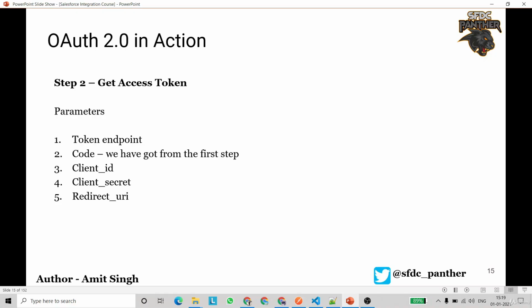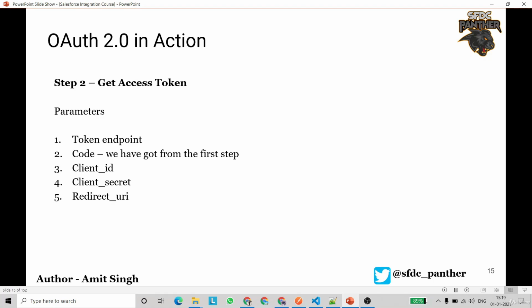That means we have to make this request using some sort of Apex code, because we are talking in terms of integration, which is Salesforce. Or if you are in other languages like PHP, .NET, Python, Node.js, you have to prepare an HTTP request and then send that request to the system